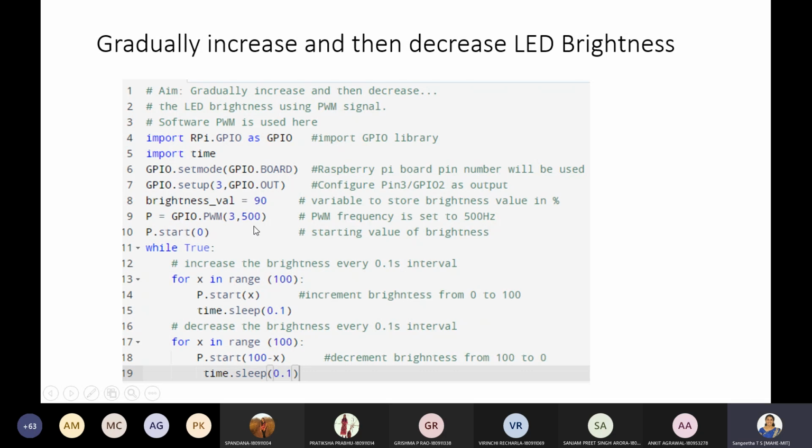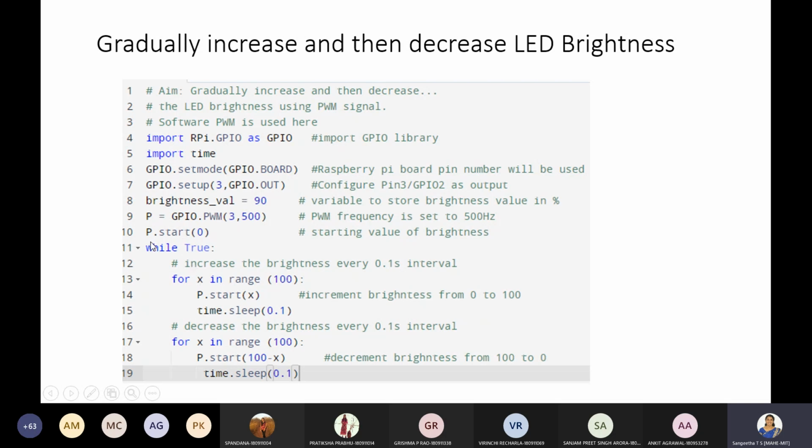Again PWM produces 500 hertz, and using the instance you start by setting the duty cycle value as 0.